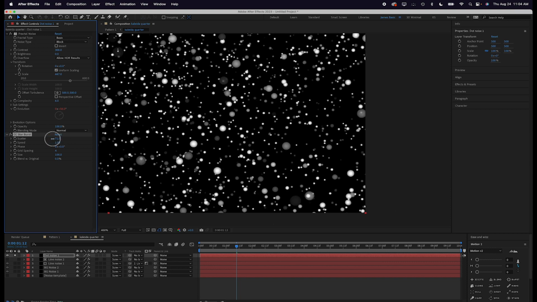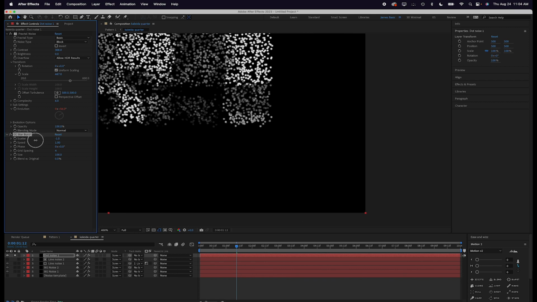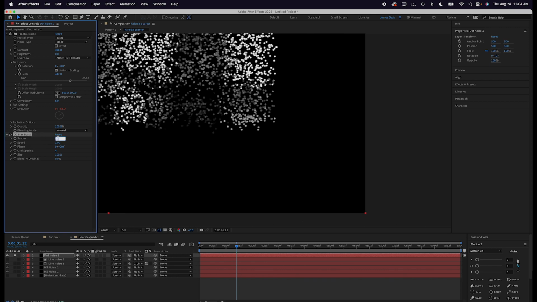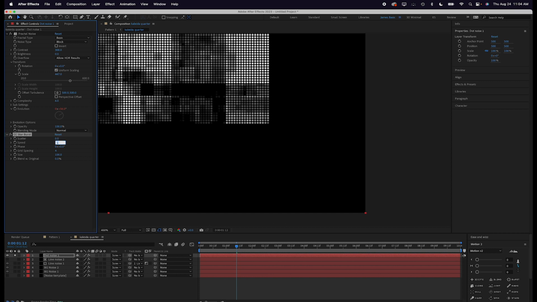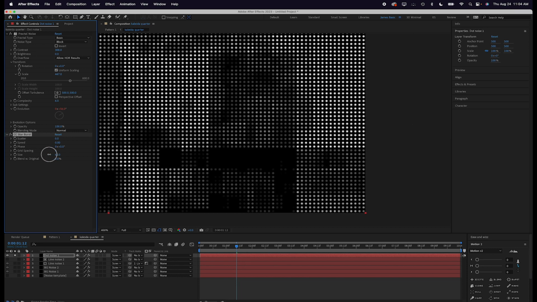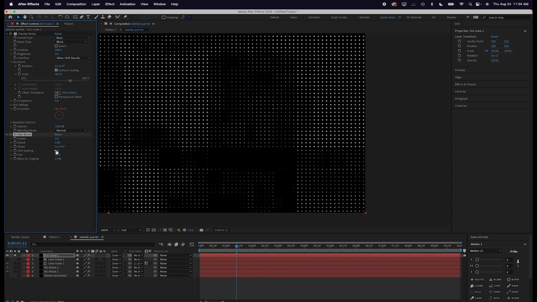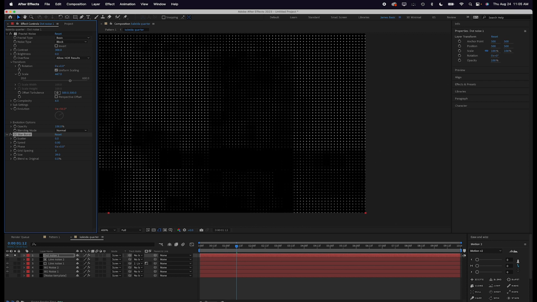But if you just take the scatter down to 0, you see it just kind of creates this dot grid. So take that down to 0 and take the speed to 0 as well. And now everything below that effect is just turned into a grid of dots. And we can play around with this grid spacing and the grid size. And if we just take the size of these dots down to maybe around there, and then maybe take this grid spacing down a little bit. And then what I want to do here is I